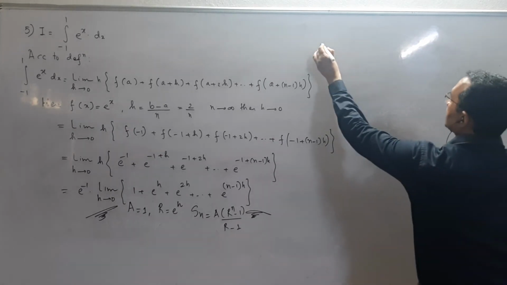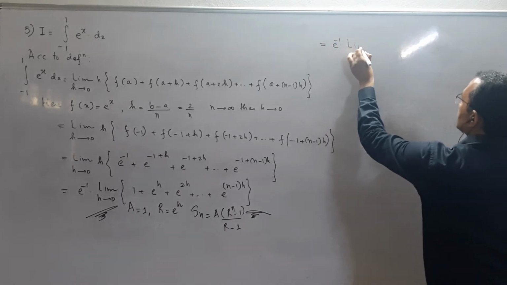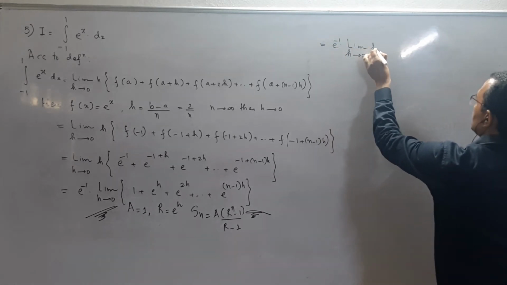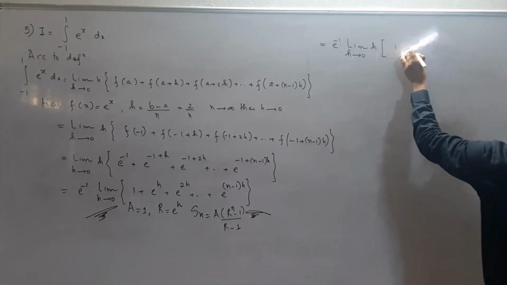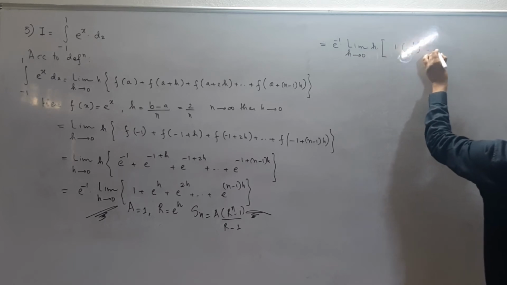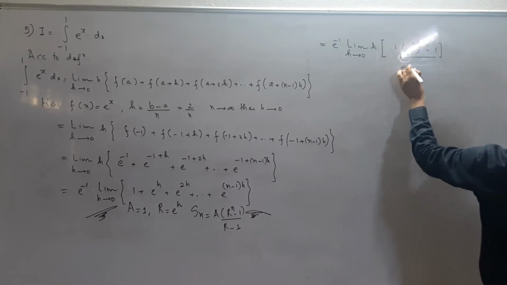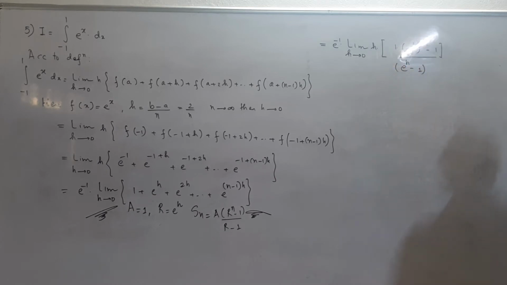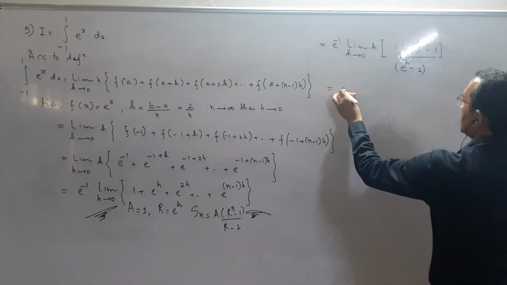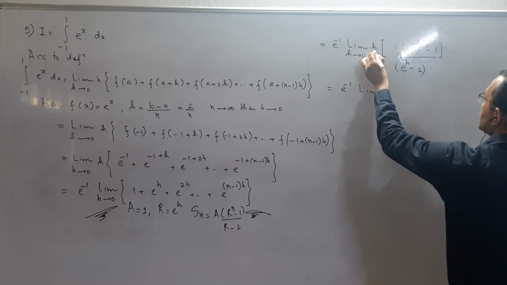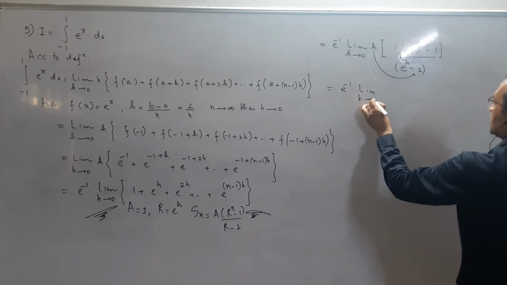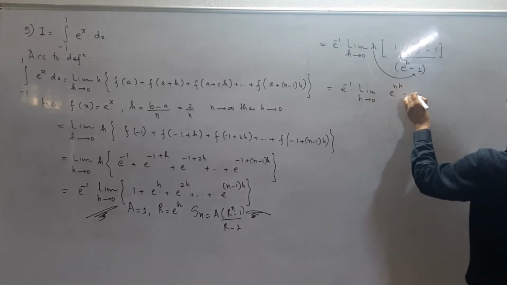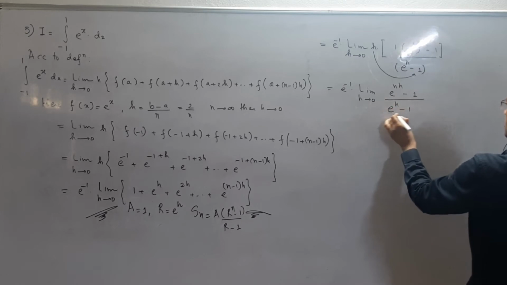So if I apply that, this will change to e inverse limit h tends to 0, h into bracket, a is 1, r is e raised to h, raised to n minus 1 upon r minus 1. Now students, this will be e inverse. Always this h we have to bring in the denominator. So limit h tends to 0, e raised to n h minus 1 upon e raised to h minus 1